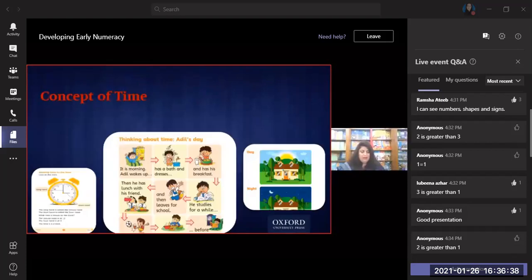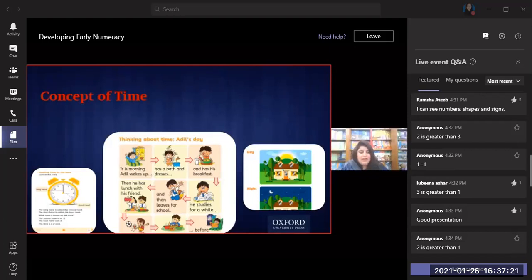Then the most important idea of the time will be actually introduced, because children are younger at this age, and they are actually ready to absorb anything and everything that we discuss with them. So the idea of day and night, and how they think about their routines. As you can see in this picture, which is taken from Countdown book, what is Adil doing in the first picture? He wakes up, then he takes a bath, he dresses up, then he takes his breakfast, and after that,